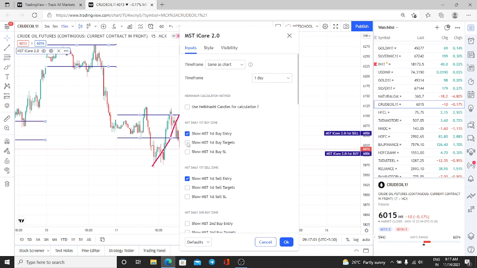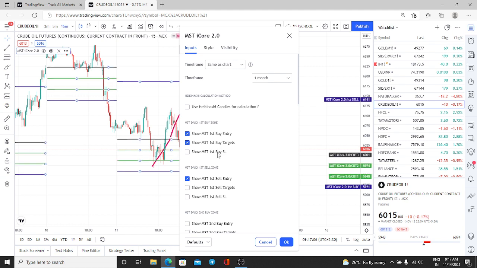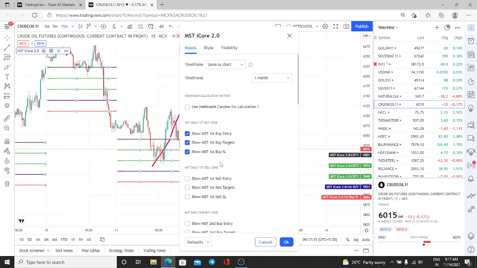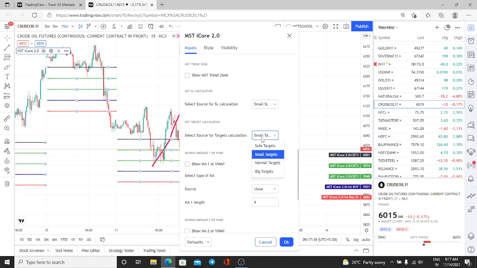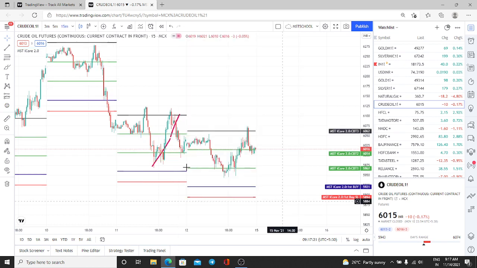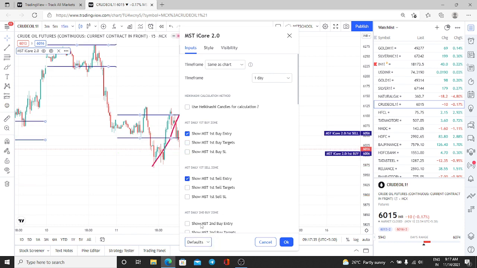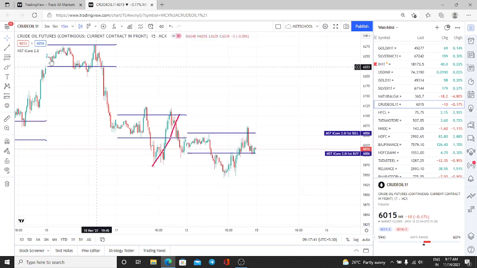Then third option, go here, select the monthly time frame and enable first buy SL. Now you can keep one by one, you can book the target. If you want a big target, then you can increase your target from the normal targets. So now the target will be increased to 1:2. So this is the way how to book the profit. So hope it is clear. I have explained everything to you step by step slowly. So every day before you take a trade, go here and give reset settings. Then you can change the settings as per your need.